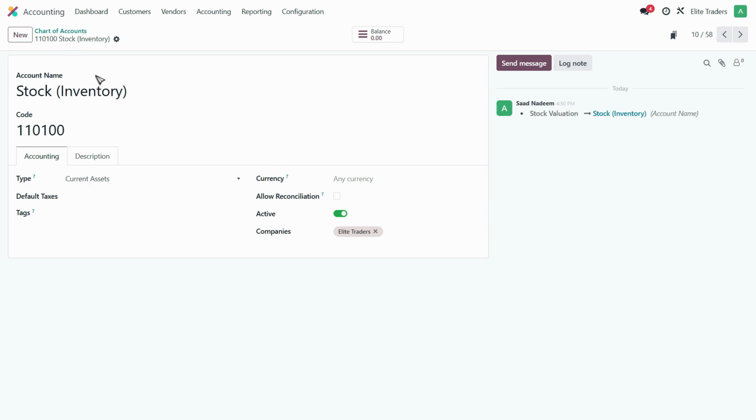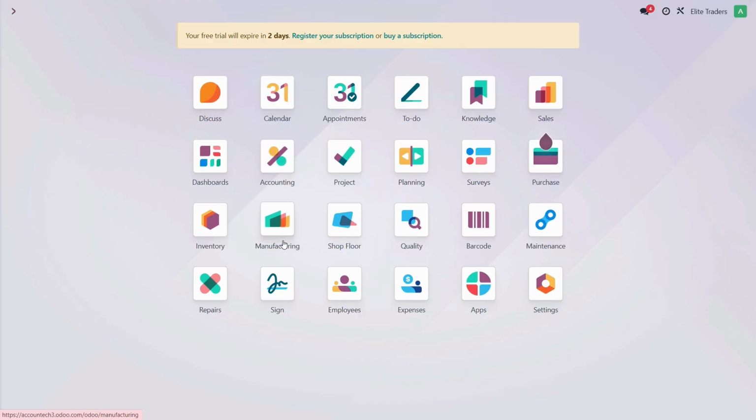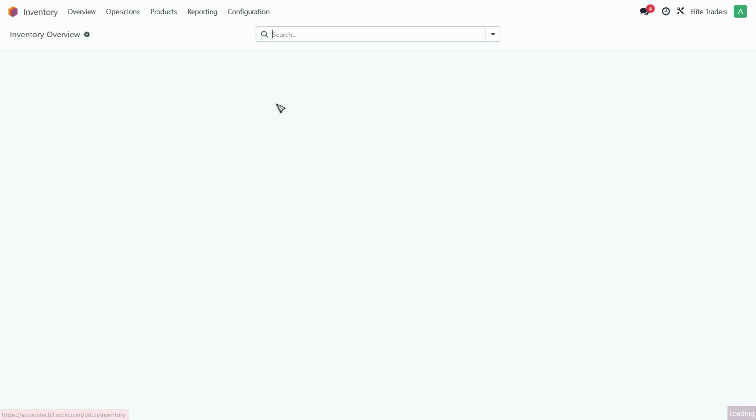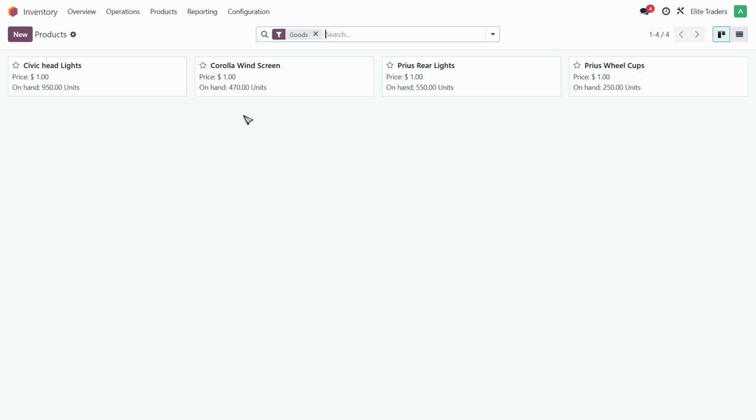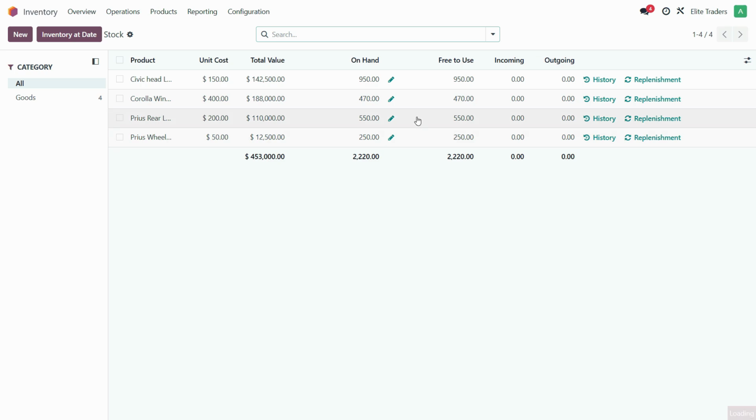So basically we need to enter this balance manually by just passing an adjusting journal entry, because when we head over to the applications and click on inventory, we have this products added right here. And if we check the reporting and click on stock, all of the quantity along with the value is updated, but for the initial quantity to be entered, we just need to mention it separately in the journal entry. And after that, since it will be linked in future to the sales and purchases, it will automatically be updated